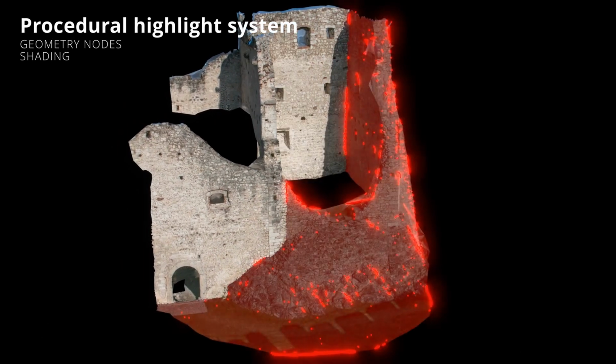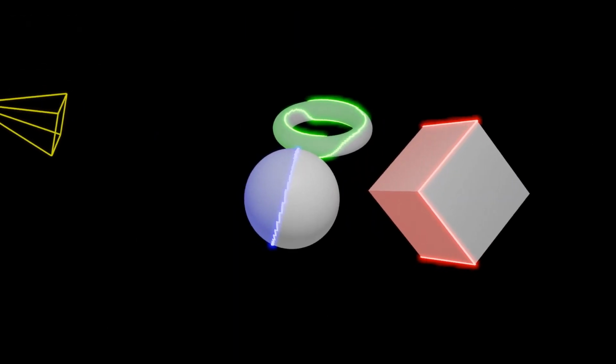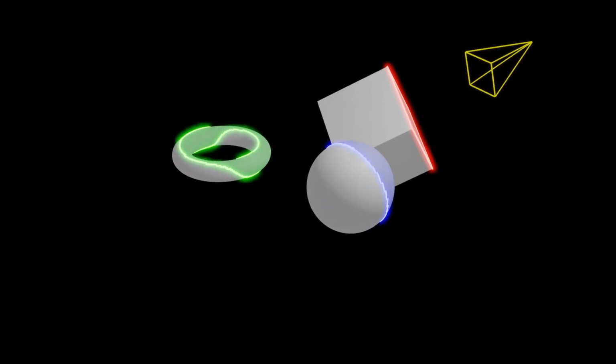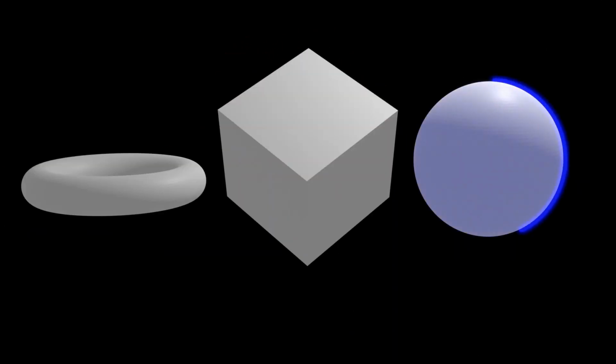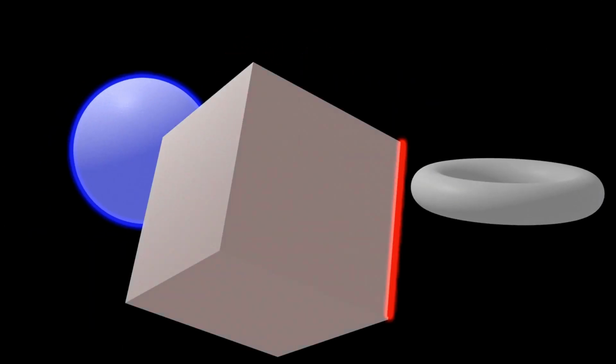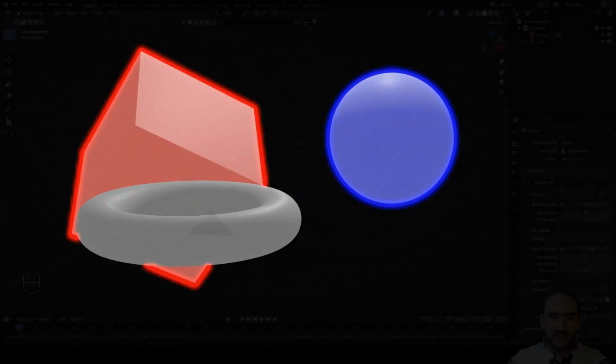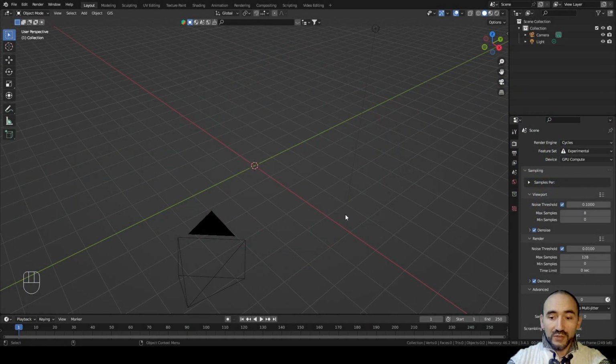Today I'm going to show you how to make a fully procedural highlight system which can be used in your projects like motion graphics, photogrammetry, sports, or simply to better learn something from mathematics and Blender. So let's get started. I'm working with Blender version 3.4.1 and the idea behind this project is to have a